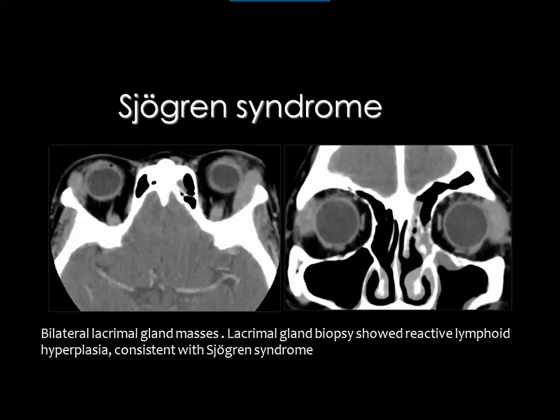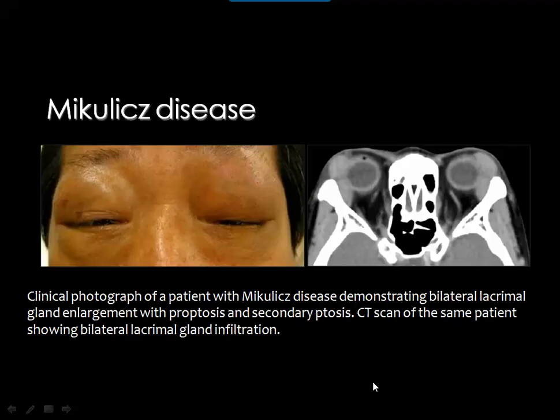And this is a known case of Sjögren syndrome affecting the lacrimal glands, which are here not that symmetric. The left lacrimal gland is prominent, more enlarged than the right lacrimal gland. Both glands showed homogeneous post-contrast enhancement. Then this is also a case of Mikulicz disease showing a bilateral, almost symmetrical involvement of the lacrimal glands showing